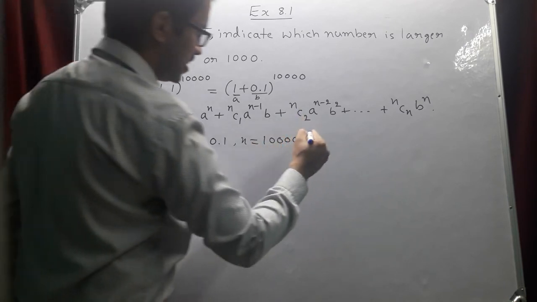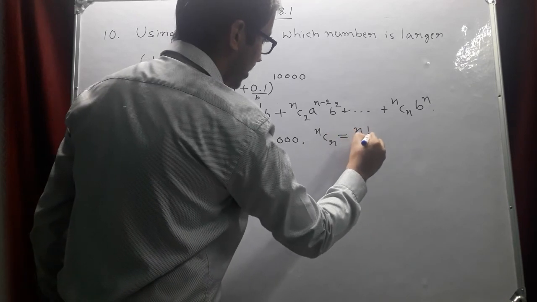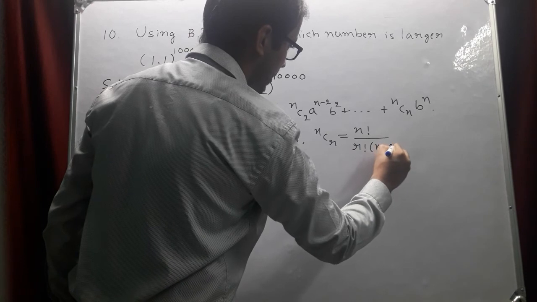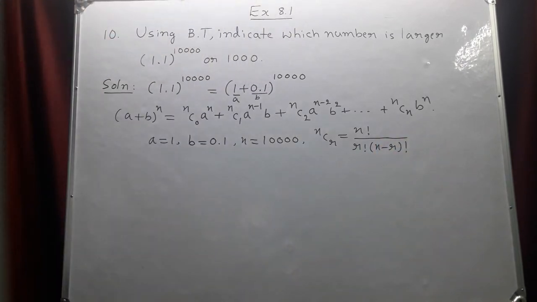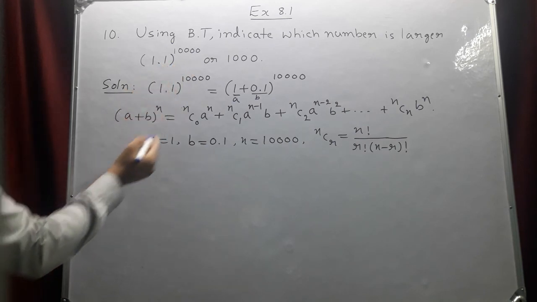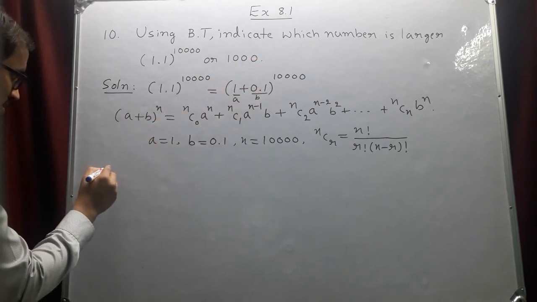And we will use the formula nCr means n factorial by r factorial into (n minus r) factorial. So the value of 1.1 power 10,000, that is the same as (1 plus 0.1) power 10,000